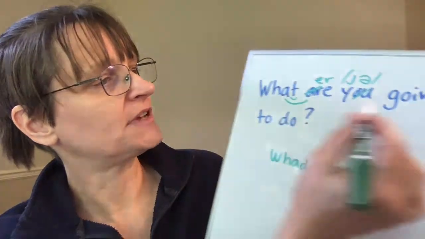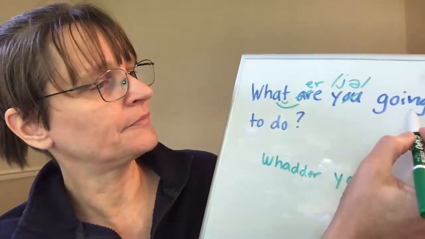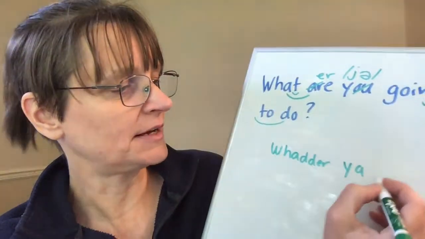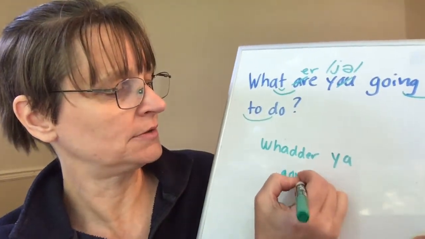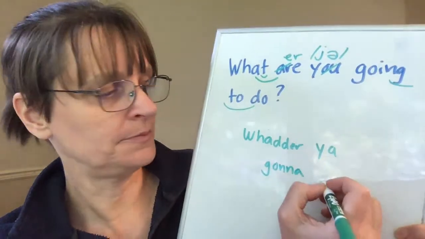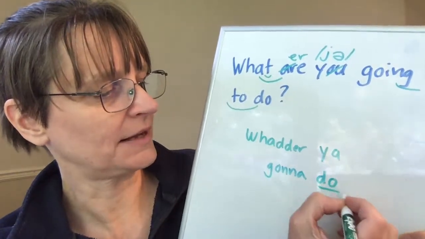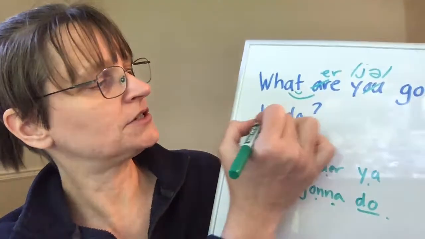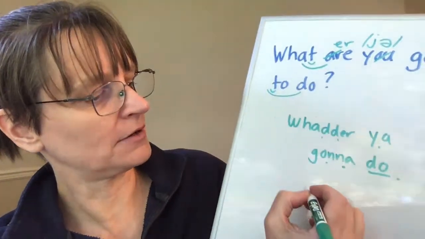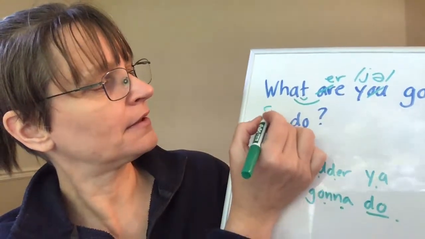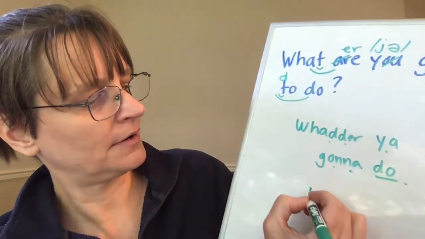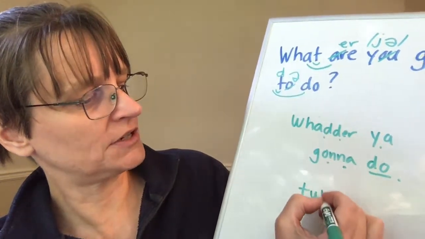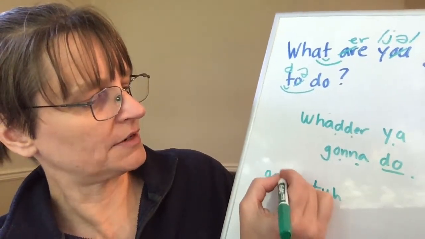And then when I'm saying going to do, I link those three all together. And sometimes, more casual, what are you going to do? That's where my length is. The rest of it is all fast. Or going to do becomes a flap again, going to do. Or, and this oo becomes a schwa, going to. So going to do or going to do.